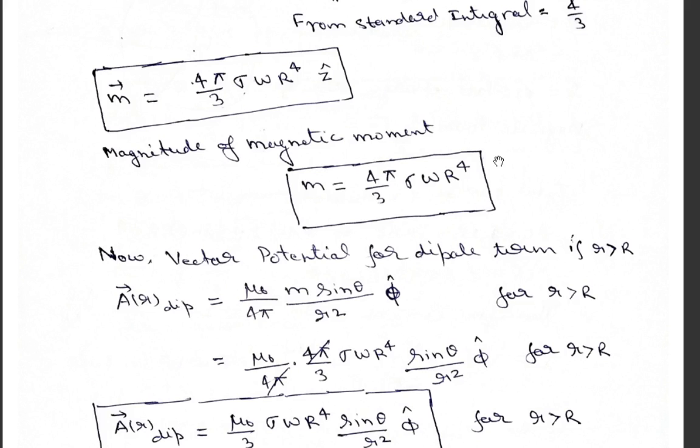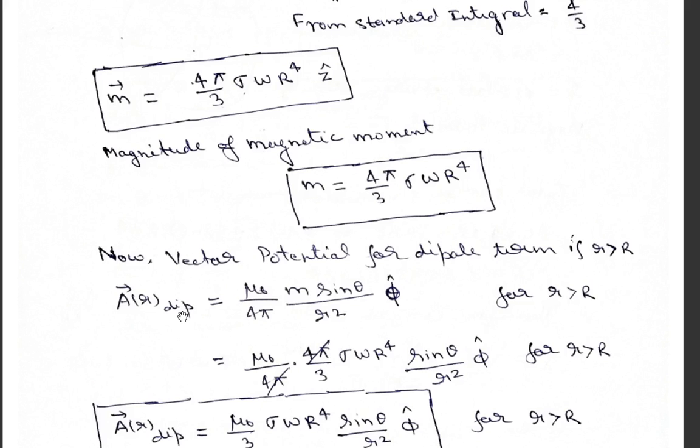So let us assume that the point of observation of the vector potential, that is r, is outside of the spherical shell, so r is greater than R. Then we know the magnetic vector potential due to a dipole; in the last lecture, in the multipole expansion, I have explained